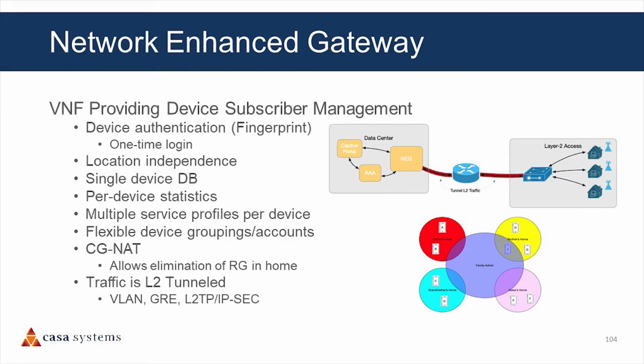A good example of this would be, let's say you're at your home or you're away on business, but you're also the IT person for your family. So you would then have privilege to get to your family's equipment from wherever you are to fix problems. These are the kind of capabilities that become possible when you have centralized subscriber management that are much more difficult to do when you have people being isolated by where they are, because now it's a much more flexible system.